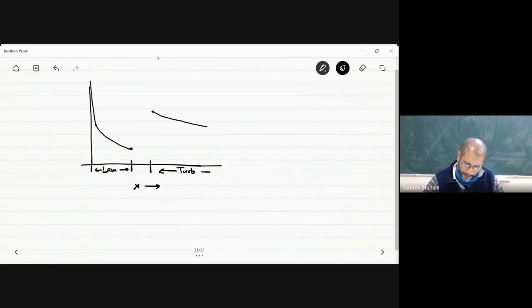And then of course, there is some increase that has to happen in this transition zone. Again, it's very common that we don't show the transition zone at all. So what we say is that the heat transfer coefficient goes down, and then it suddenly increases to a large value. That's also something that is done when your transition zone is shown to be almost of zero size. It's up to you, but what we really want to show is that when the flow becomes turbulent from laminar, then you see a sudden increase in the heat transfer coefficient. So this is your h as a function of x, that is the distance from left to right in the plate.